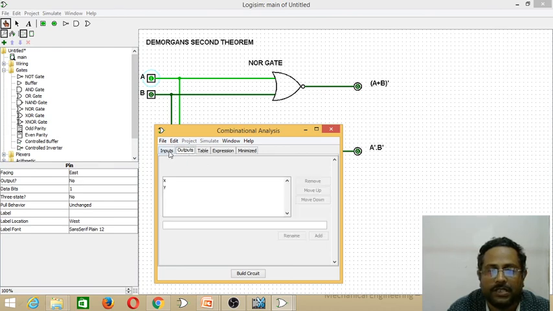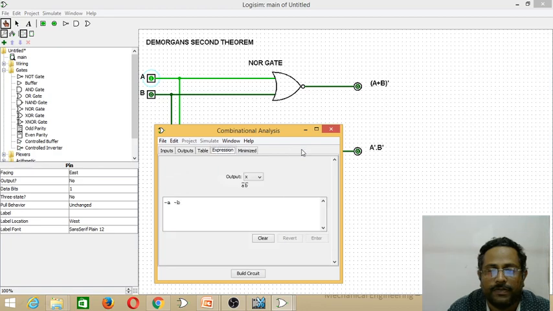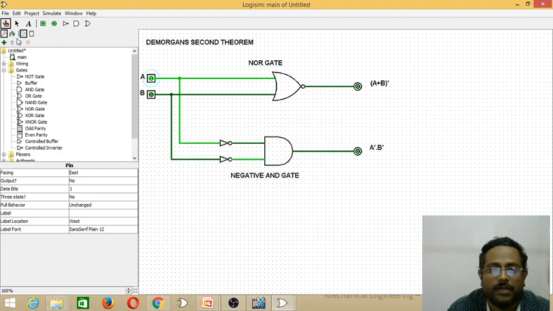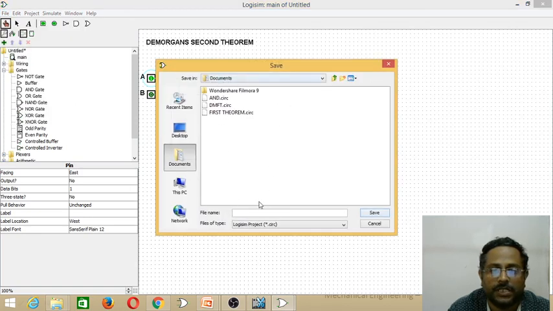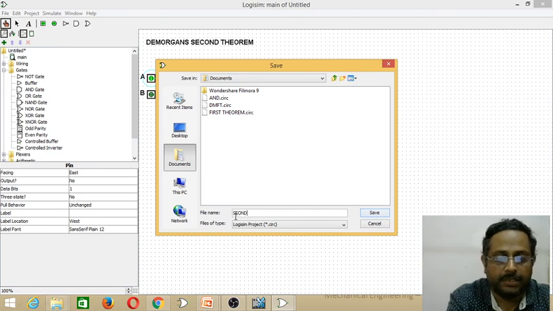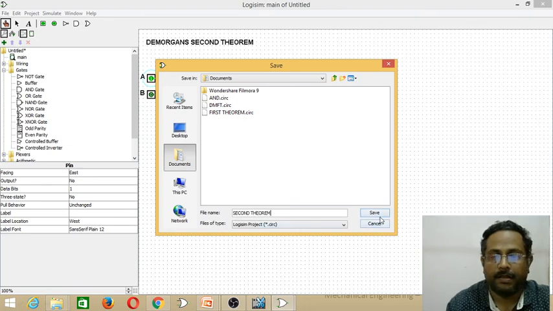You can check the outputs and inputs. After that, we can save the file: Save, select the required path and type a file name, that is second theorem. Save.